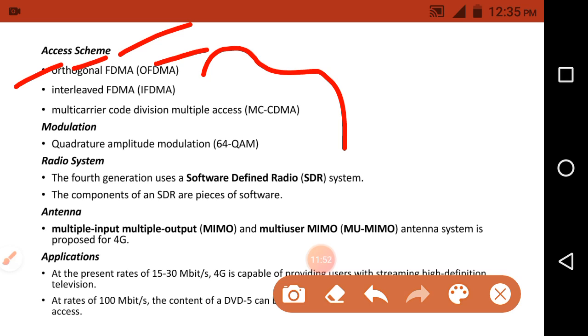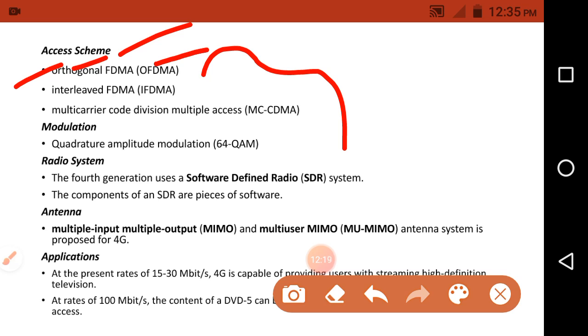If you remove that unused bandwidth, it can be used for communication, so the bandwidth increases and the data rate also increases. That's why these access technologies increase the capacity, efficiency and flexibility of the channel, because of this technique, orthogonal frequency division multiple access.